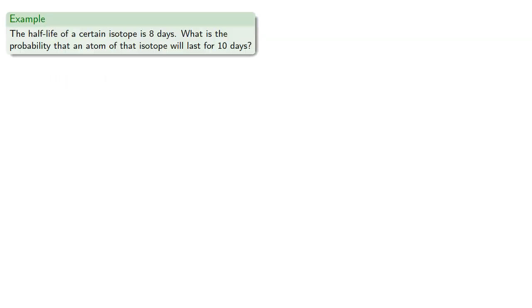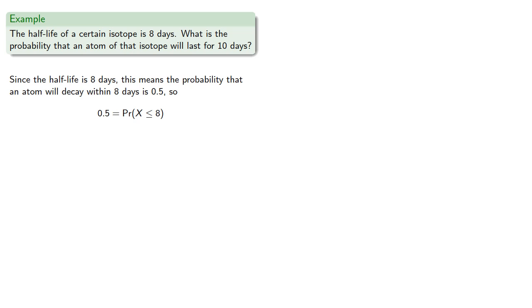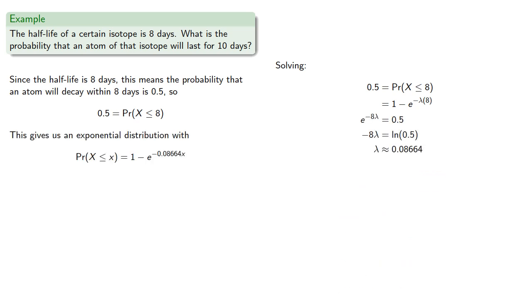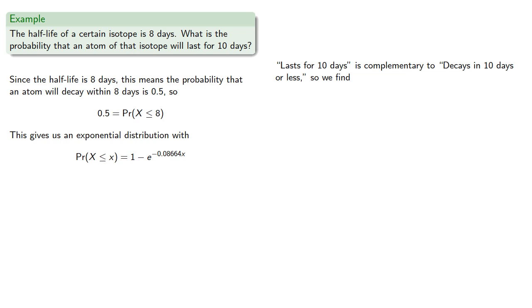For example, the half-life of a certain isotope is 8 days. What's the probability that an atom of the isotope will last for 10 days? Since the half-life is 8 days, this means the probability that an atom will decay within 8 days is 0.5. So 0.5, that's the probability that the lifetime is less than or equal to 8. This gives us an exponential distribution, where if we solve for lambda, we get. Now, the event lasts for 10 days is complementary to decays in 10 days or less, and so we find